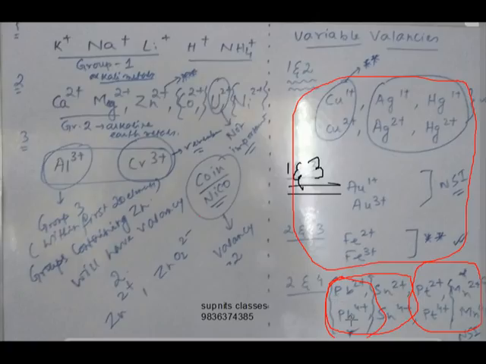Because if you see, it is cuprous and cupric for copper, and argentous and argentic for silver, and for mercury Hg1 plus and Hg2 plus, that is mercurous and mercuric. For 1 and 3, remember the yellow metal, gold. For 2 and 3 it is ferrous and ferric, the metal which may not look so good but is very widely used in industry. Iron. The rest everyone having 2 and 4: manganese, platinum, tin and lead.